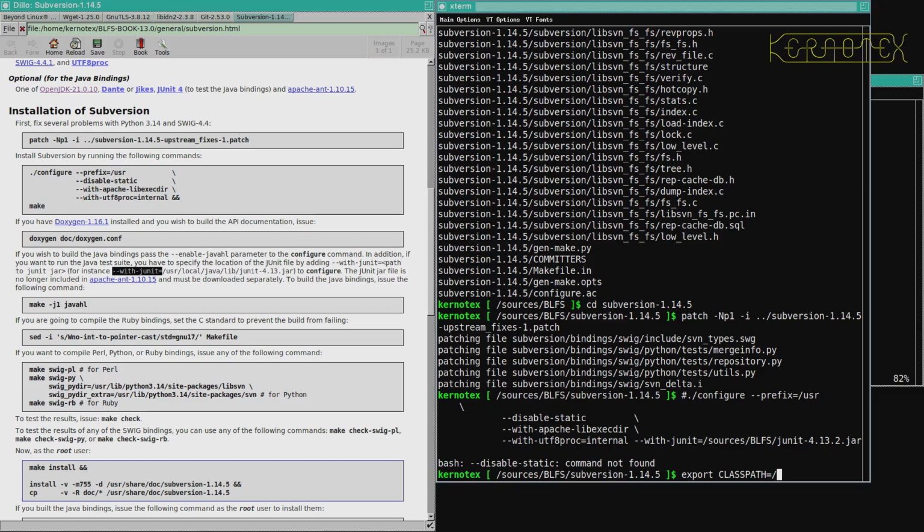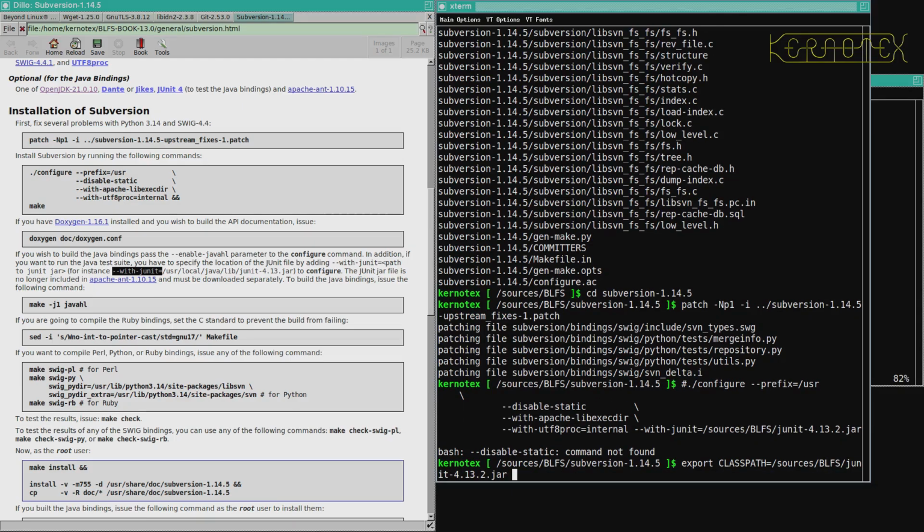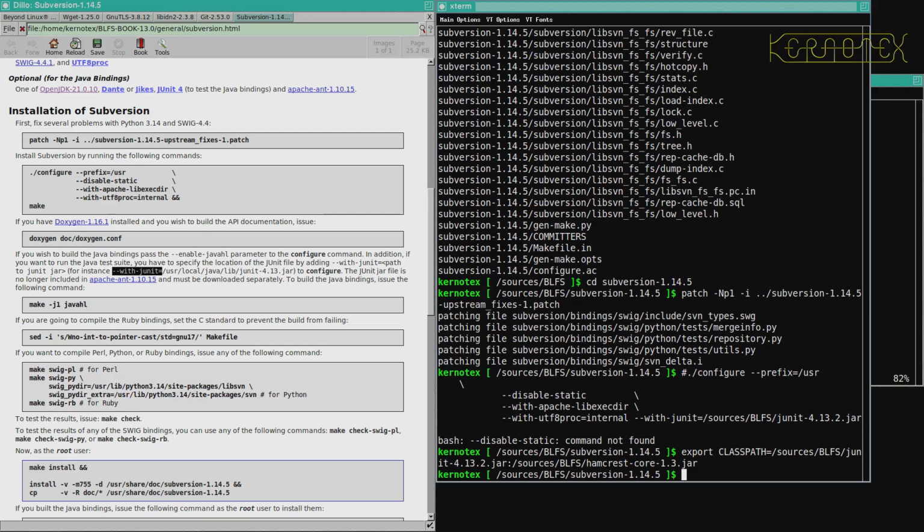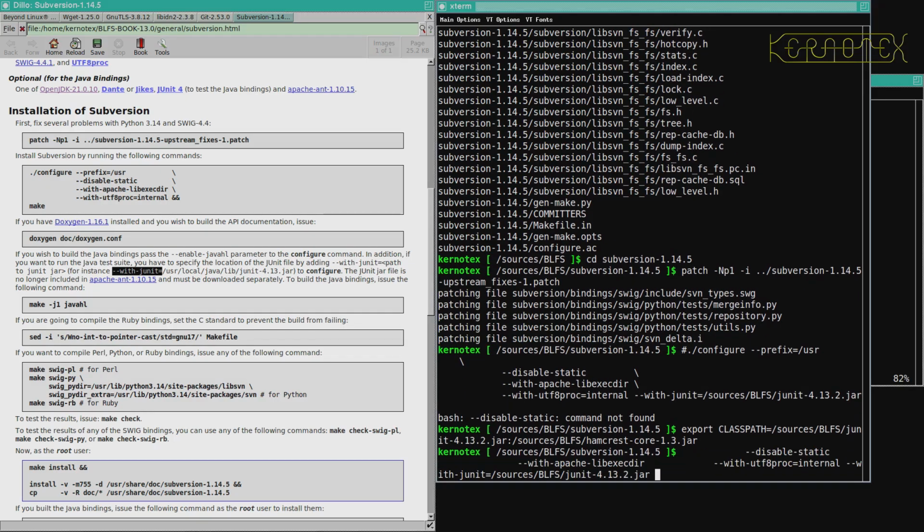So that again will be sources BLFS junit, and I'll also specify the other one. So that's sources BLFS hamcrest.jar. So if this junit has some sort of problem, then at least I'd hope that the